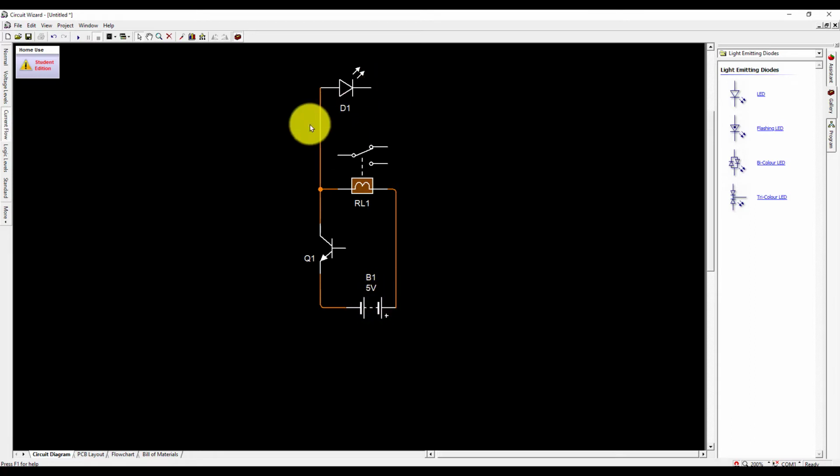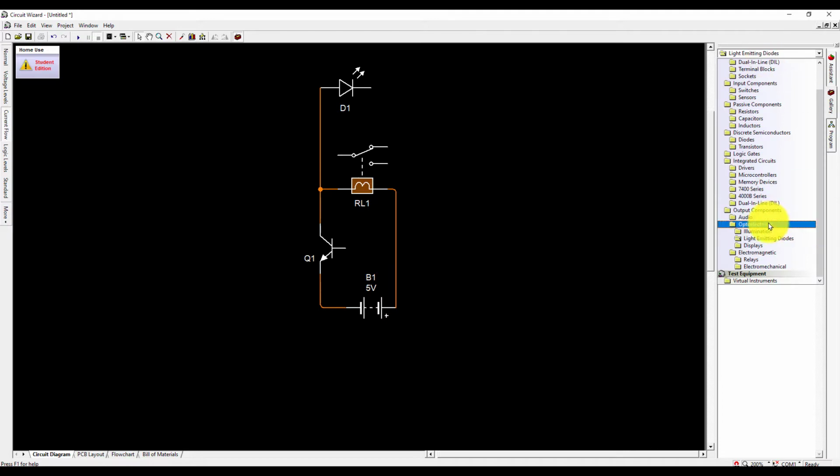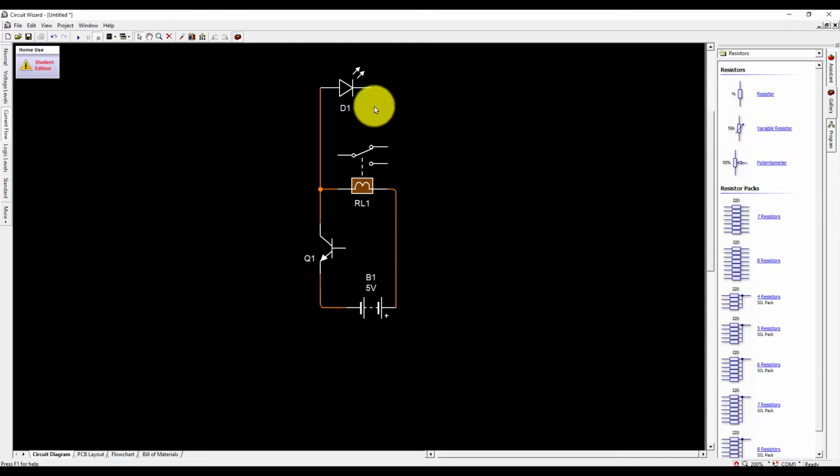So I will remove this wire. We need to place a resistor from 100 ohm to 470 ohm, because this is a 2.5 volt LED and it will explode. It will not work, it will burn. Draw a wire here. Let's draw a wire from here to here. So we place our LED, we place the resistor, we place the